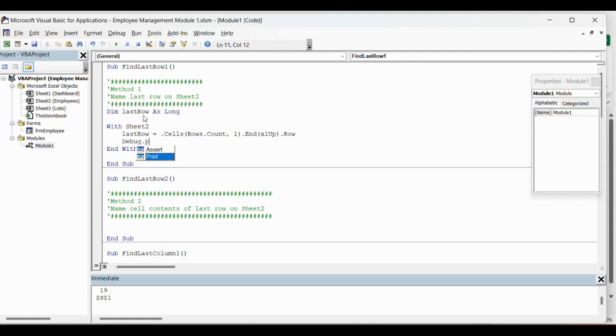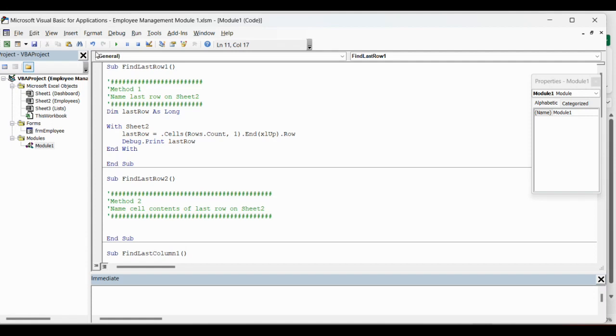And I've got this cool thing. If you don't know about debug print, it's incredibly valuable. I'm going to debug print the last row. I'm going to come down here and get rid of this information. When you run this, it's going to show the outcome down here in your immediate window.